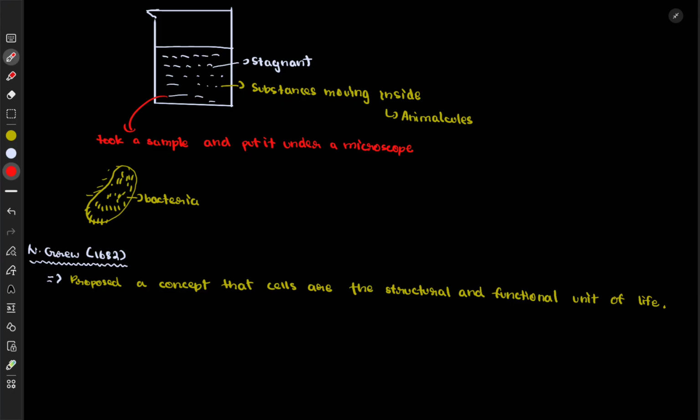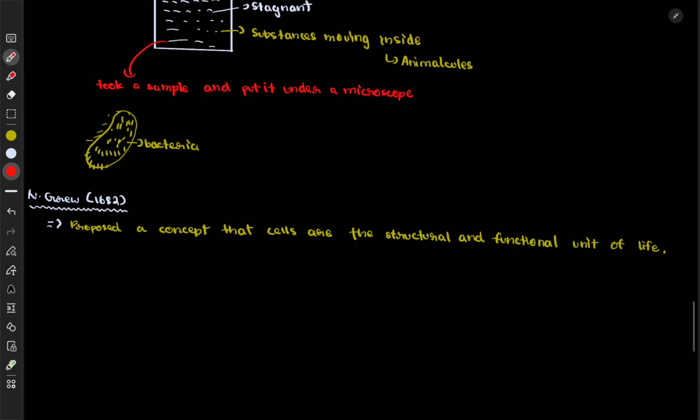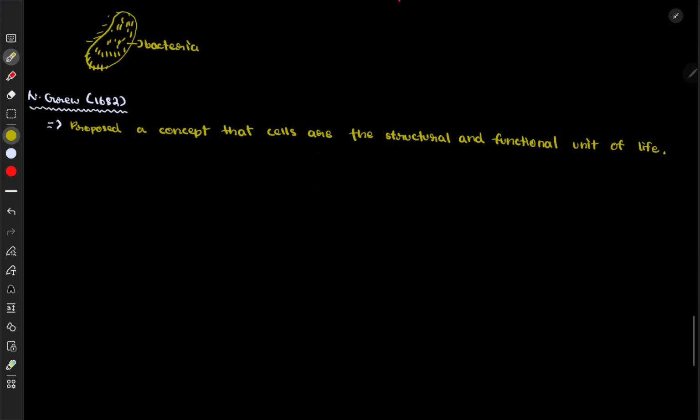351 years later, we have another person named Ian Guru, who also wanted to get into many books but got into only a few, and did not get into our NCERT book. I believe he did, I don't know, maybe in the new book. He proposed a concept that cells are the structural and functional unit of life. Okay? So, after Ian Guru, we have a